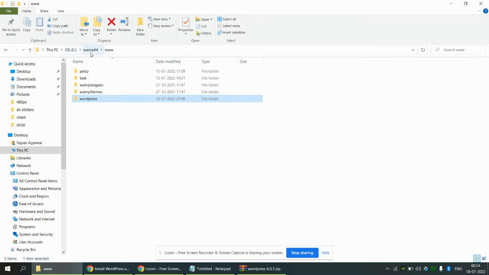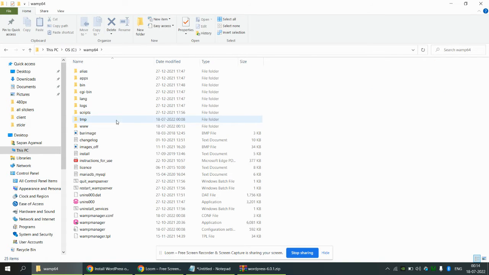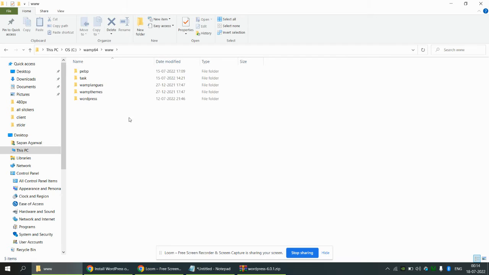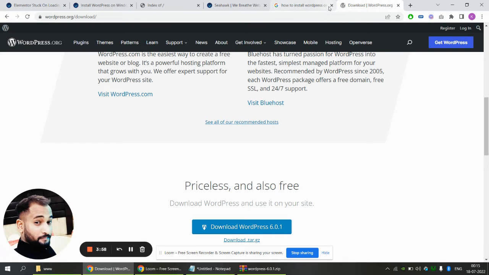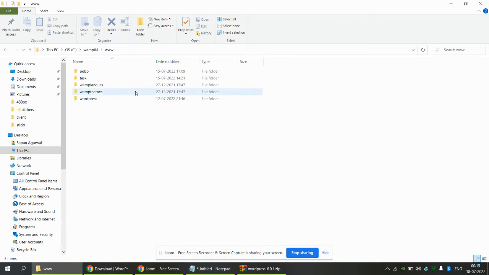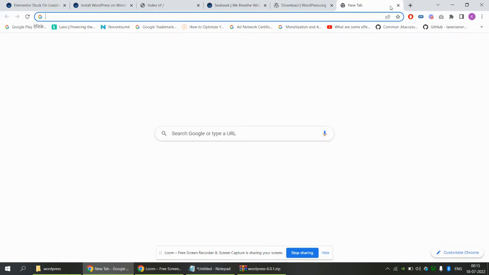This is my www. This is my Windows. I just go to the WAMP 64, just go to the www folder. Here, this is the folder where we will install WordPress. Firstly, download WordPress. I have already downloaded WordPress. I just create a folder here. Here is the WordPress, and put all the files here. After that, just click on